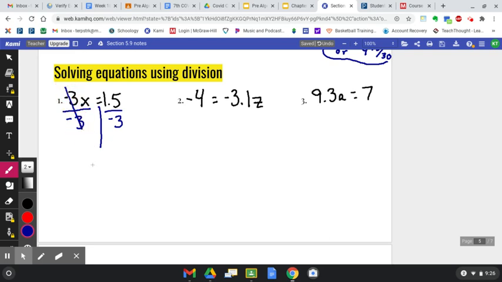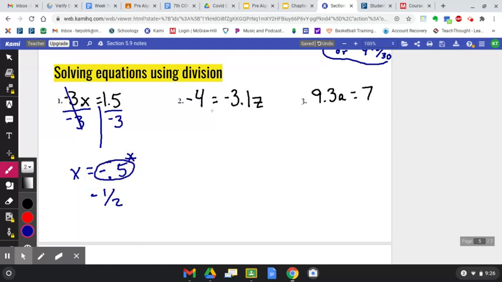When I use division, 1.5 divided by negative 3, my value for x is going to be negative 0.5, right? And if you recognize, that'd be the same as negative 1/2. But since I'm dealing with decimals in the problem, that's most likely how you're just going to leave your